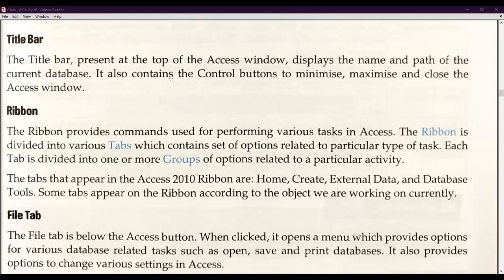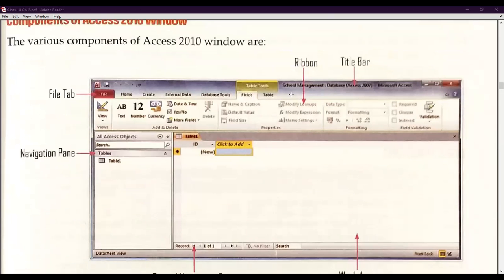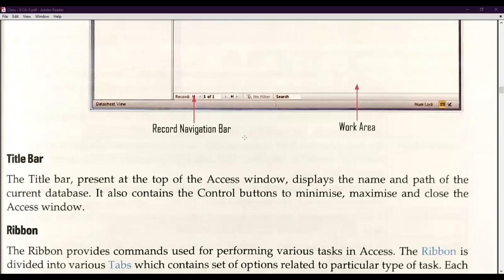It also contains the control buttons to minimize, maximize, and close the Access window. Here you can see that this is our title bar and it contains 3 buttons: close, minimize, and maximize. So this is our title bar.